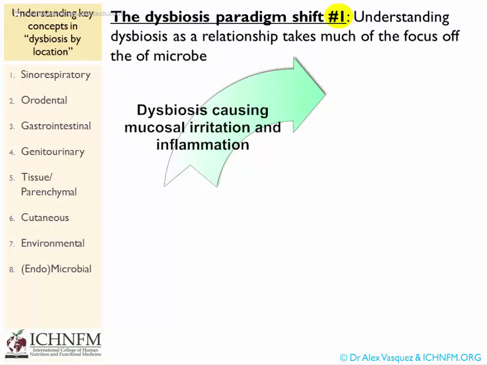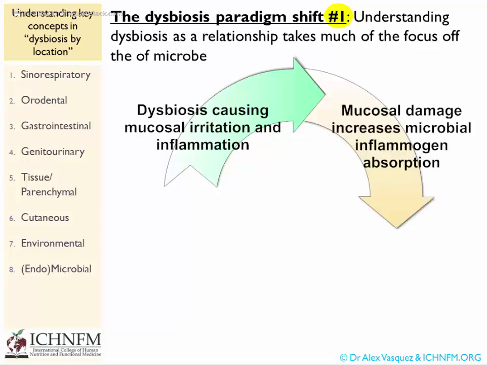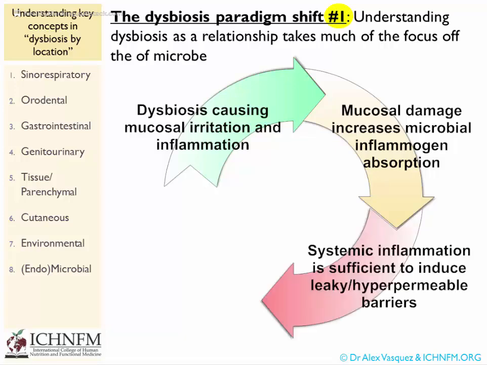I showed you this image previously. I call this dysbiosis paradigm shift number 1. We know that dysbiosis causes mucosal irritation and inflammation that increases the absorption of those microbial antigens. And of course, you can see what we're doing here is developing a vicious cycle where dysbiosis causes the absorption of more microbial antigens through tissue irritation. That leads to systemic inflammation, which can also alter the local environment to promote more dysbiosis and, of course, then